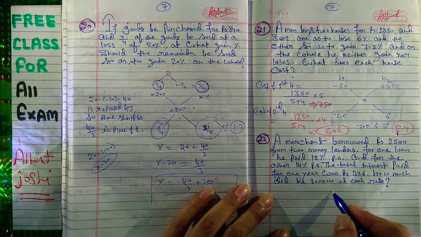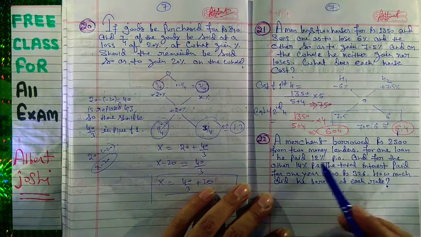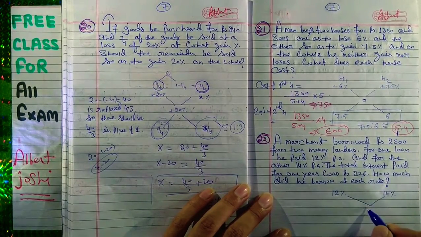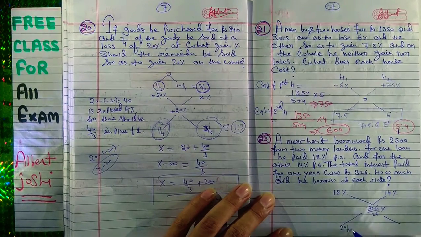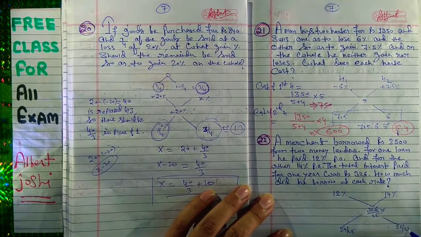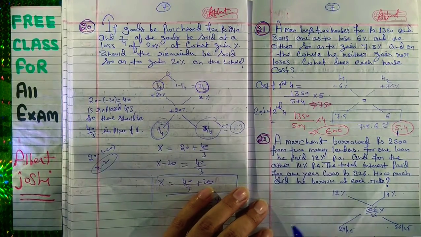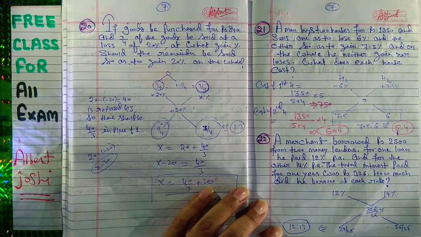Now we will use the alligation method. One part of the loan is at 12% and the second part is at 14%, and the whole part is 326 upon 25%. This minus this, we get 24 upon 25 after subtraction, and this minus this, we get 26 upon 25. So your ratio is 24 ratio 26, which is 12 ratio 13. This is your ratio.